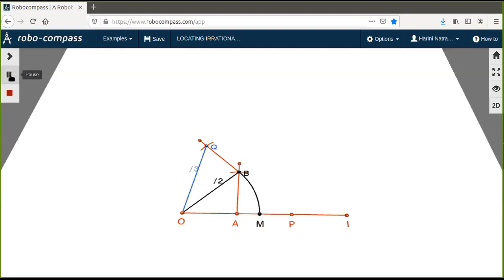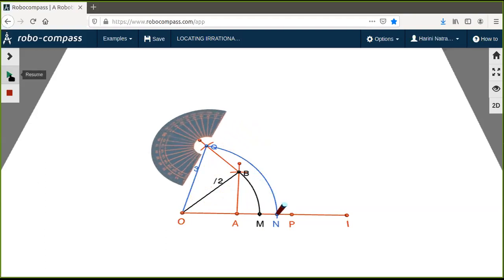So I'll keep my compass at point O. And I will take a length of OQ in my compass and then drag it down to the number line to locate the root 3. Now I'll mark that point also where it is intersecting, and I'll call it, say, with some alphabet N. Alright. So your N has been located as root 3 on the number line because you have taken the length OQ and projected it on the number line.